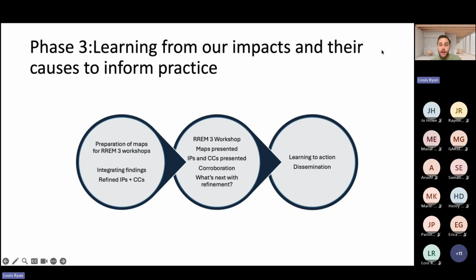In the same way with any evaluation report, how many people do we know from an organization that will read the full report? Will they take the key headings, the key executive summary, the key findings, the key stories from it, and take that? So how might we take the key messages, the key impacts from ripple effects, realist informed ripple effects mapping, and use that to disseminate and encourage other people to take those actions on board?